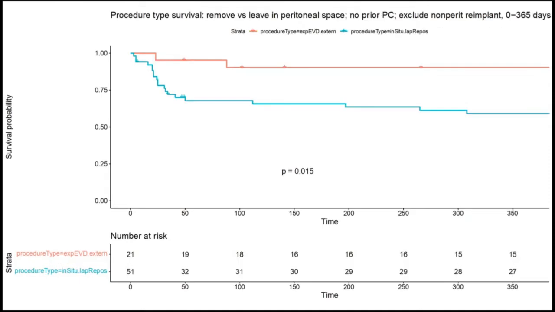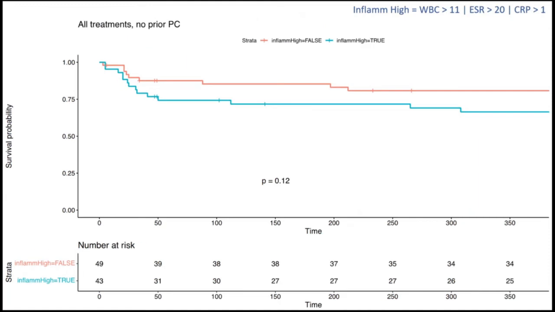Lap repositioning is blue, and then some other version of moving the shunt is in purple. This is combining the idea of taking it out of the peritoneal space, whether you're explanting the shunt or just externalizing, versus leaving it in place. And these are significantly different with a log rank test. We looked through a lot of different risk factors, like prior surgeries on the abdomen, number of shunt revisions, prior shunt infections, age, and type of hydrocephalus, and didn't find anything that reliably predicted that the pseudocysts would recur